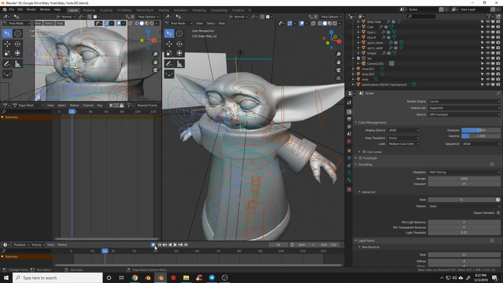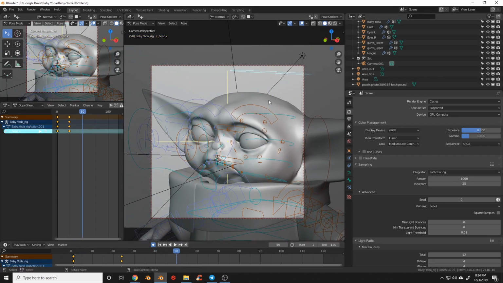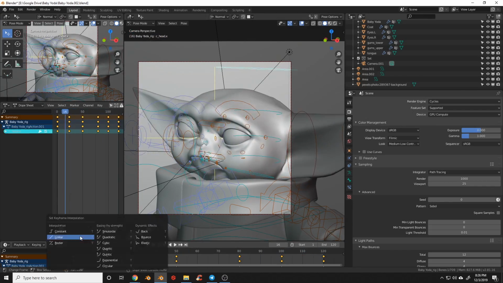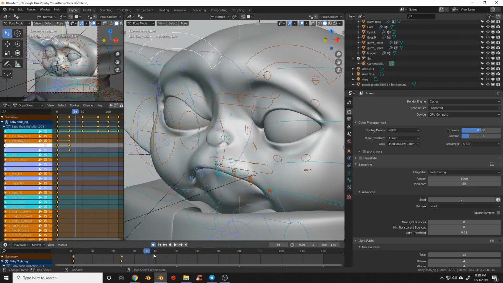So I'm just going to click this little auto key set here, and I'm just going to begin placing my keyframes. You do not need to do the same exact animations as me. Just follow the same principles and make your own animation. It's important to start big and go small.